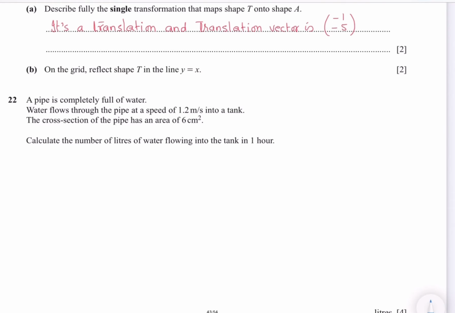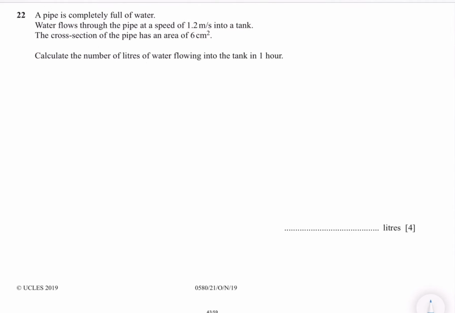A pipe is completely full of water. Water flows through the pipe at a speed of 1.2 meters per second into a tank. The cross section of the pipe has an area of 6 centimeters squared. Calculate the number of liters of water flowing into the tank in 1 hour. So